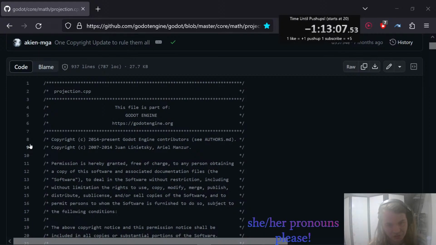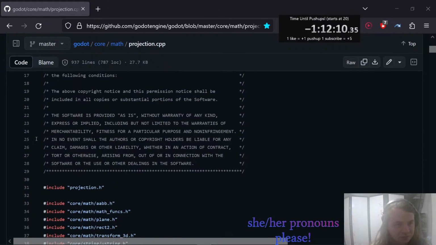Permission is hereby granted, free of charge, to any person obtaining a copy of this software and associated documentation files (the "Software"), to deal in the Software without restriction, including without limitation the rights to use, copy, modify, merge, publish, distribute, sublicense, and/or sell copies of the Software, and to permit persons to whom the Software is furnished to do so, subject to the following conditions: